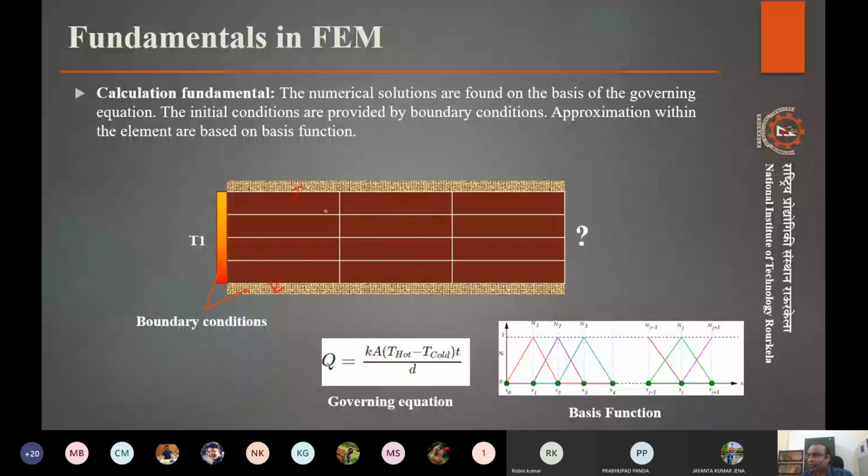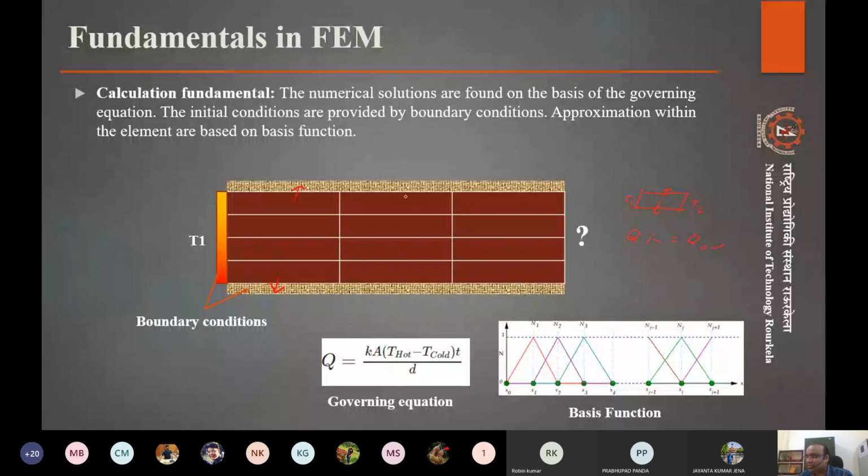So for each element, in place of treating it as one big slab, we are treating it on an element basis. On element basis, we have a rectangle, right? And we have a certain T1 here. We will have a certain T2 here, and we need to see what is the Q that is going, and by the conservation of energy, or the conservation of heat, the Q that is going inside is equal to the Q that is going outside, right? Unless it is a heat sink or a heat absorbing material.